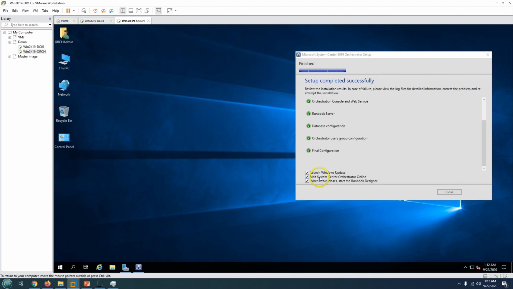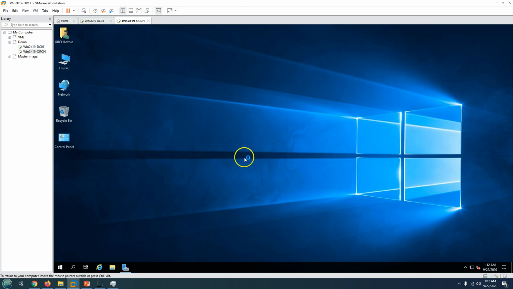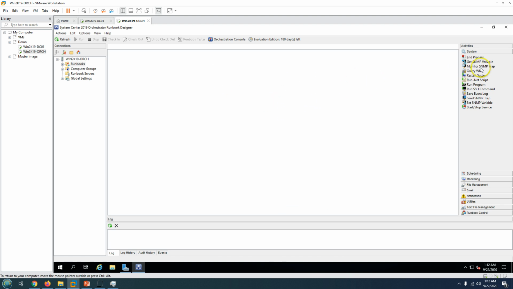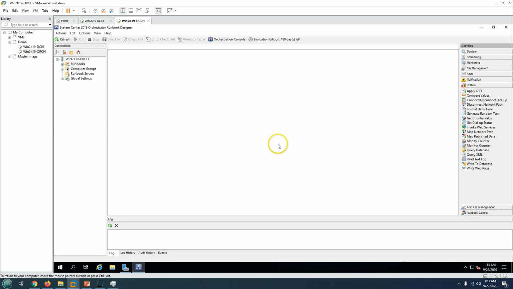And now you can see here, launch the Windows update, we don't need. Visit the System Center Orchestrator online, we don't need. And when setup closes, start Runbook Designer. So I'm going to do it just to show you. So now you can see here we have all, like restart system, run program, run SSH. So everything is there. You can plan, you can schedule, file management, email notification, utility. So everything is here. You can go ahead and design your runbook here. So now if I open the Orchestrator console,